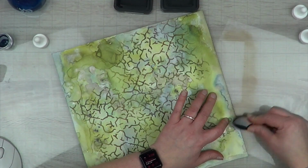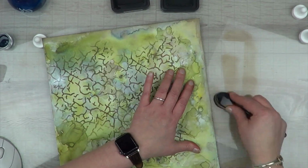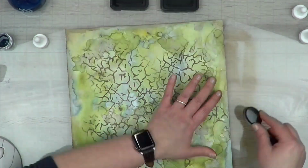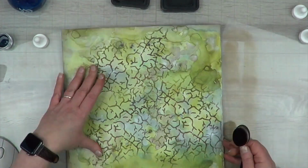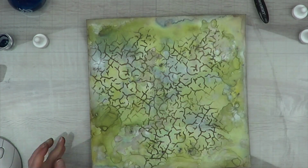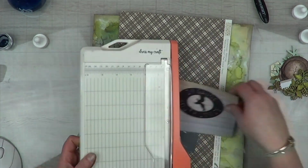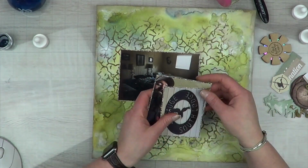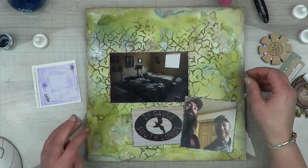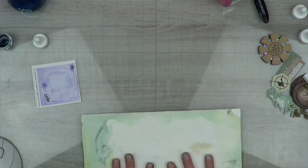But I do want it peeking out from my photos, and I want it to look like my trim that I get from Hobby Lobby, that mesh trim. But I didn't want to use the mesh trim. So I got the best of both worlds. I got a flat mesh trim, kind of. So I went ahead and cut my photos. I got one down at 3x4, one by 4x4, and then the other one I kept at 4x6,